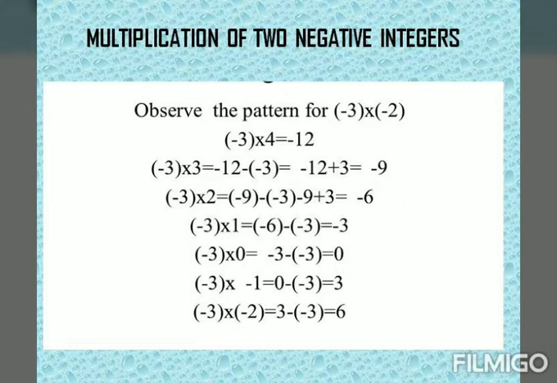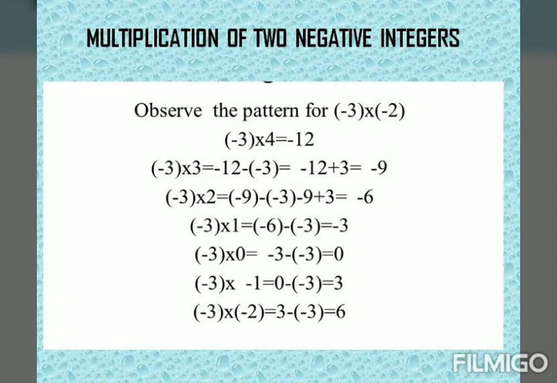So the product of two negative integers is a positive integer. Using this method, we can find that the product of two negative integers is a positive integer. So minus into minus is positive, that is, negative into negative is equal to positive. When we are using this method, sometimes we may get confused. For larger numbers, it is not applicable. It takes a long time to complete the problem.